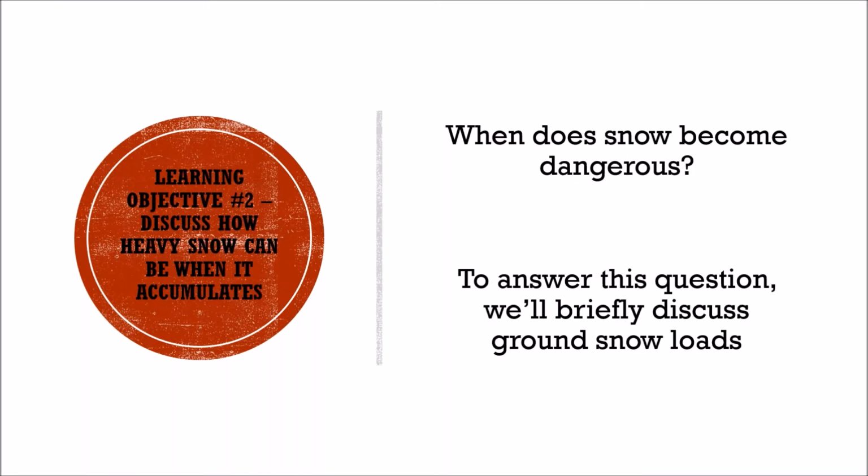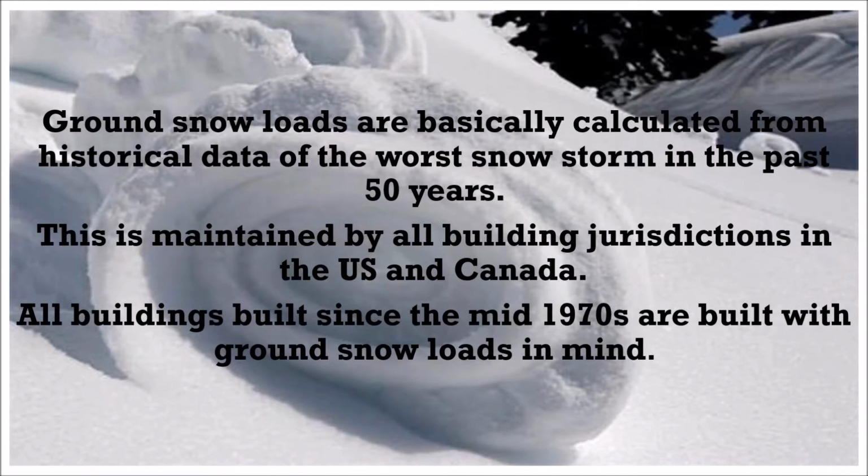So learning objective number 2: how heavy is the snow once it accumulates, and when does that snow become dangerous? So ground snow loads are going to be how we base this entire conversation. Ground snow loads are basically calculated from the historical data of the worst snowstorm in the past 50 years. Obviously, there's a large amount of other information that goes into it, but this is just how we're going to describe it to keep it in simple terms. All buildings built since the mid-1970s are built with the ground snow loads in mind. Anything built prior to the mid-1970s, definitely have a structural engineer take a look at prior to installing any type